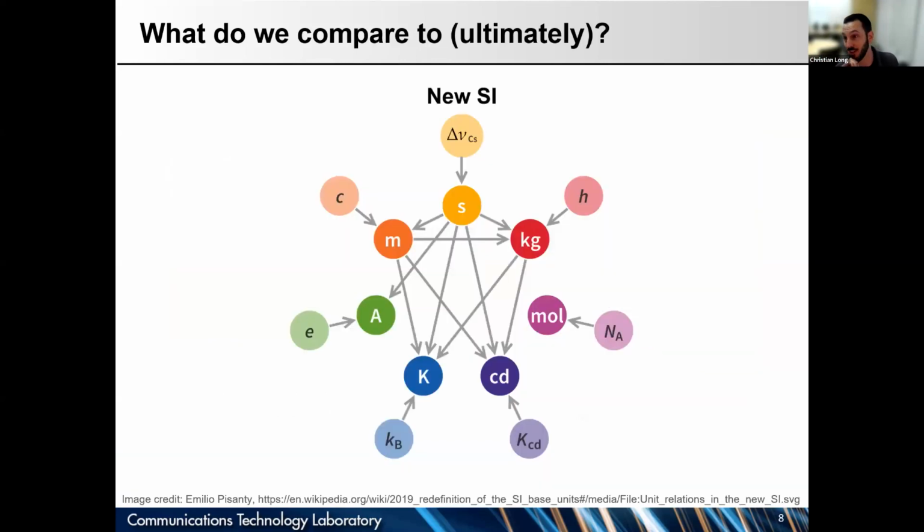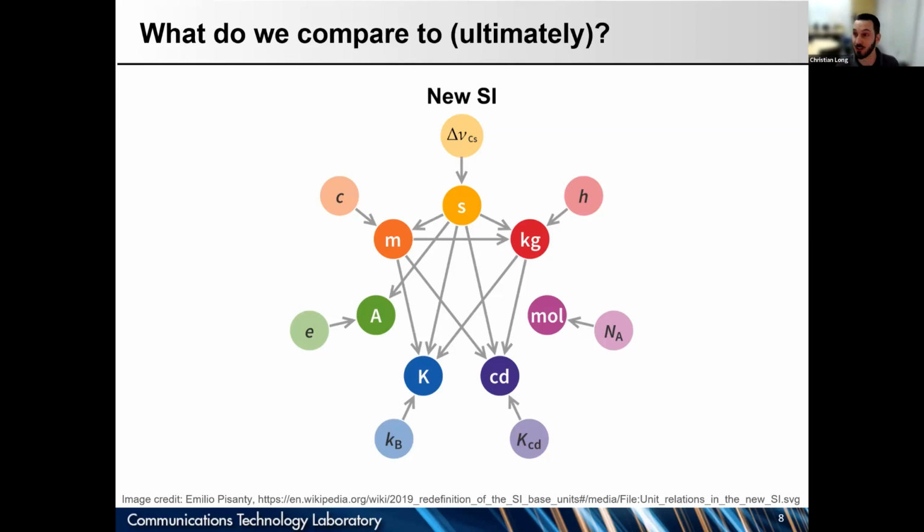So what do we ultimately compare to? We ultimately compare to some fundamental constants. The idea is that everybody in the world and maybe the universe has access to the same physics. So if we do a measurement that depends on a fundamental constant, and then we do another measurement that depends on that, and we keep track of our uncertainties at each step, then anybody who does measurements should get comparable results as long as they keep track of their measurement uncertainties.